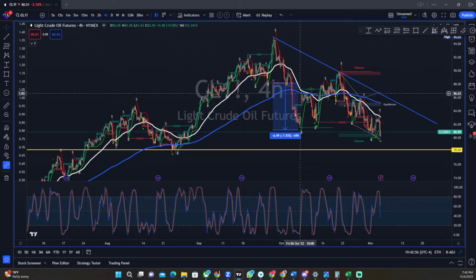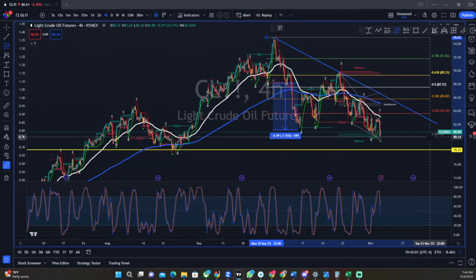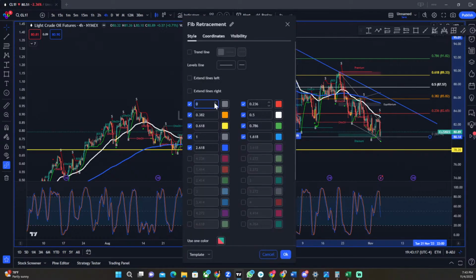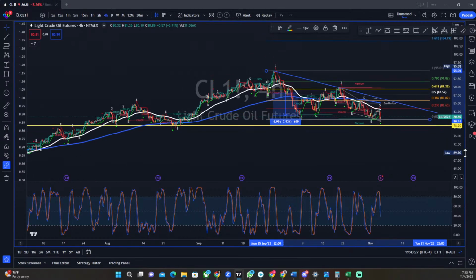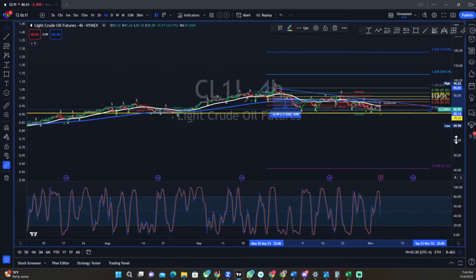We've done too much. And if you are a Fibonacci trader, this is what you're looking at right now. So we never really held that 618. We didn't try to reverse this downtrend. So right now, it looks like a 618 rejection that's going to go ahead and continue. So if I extend my Fibonacci to negative, let me just change this one. Let's call this negative 2.618. We could come down to 40 if it goes that far.